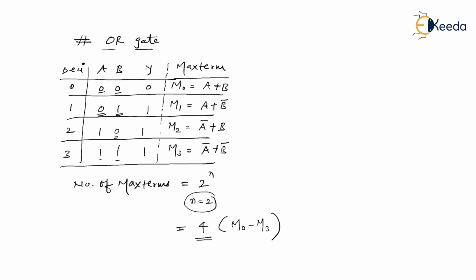Isn't it? Now, what is your ultimate aim? Your ultimate aim is to write the output expression. So let me tell you, this time you are going to make use of maxterms, right? So for writing the output expression, you have to use only those maxterms for which output is 0. Please try to understand my point. In case of minterms, if you remember, we considered only those minterms for which output is 1. If you remember, let me just go back.